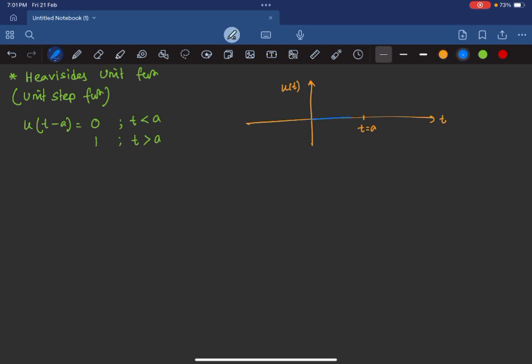Up to this point the function is 0, and suddenly at t equals a, after this it becomes this line. This is one line. Now this is called the unit step function. You can see the sudden jump here. So here, the Laplace transform of the unit step function is given by, write down,